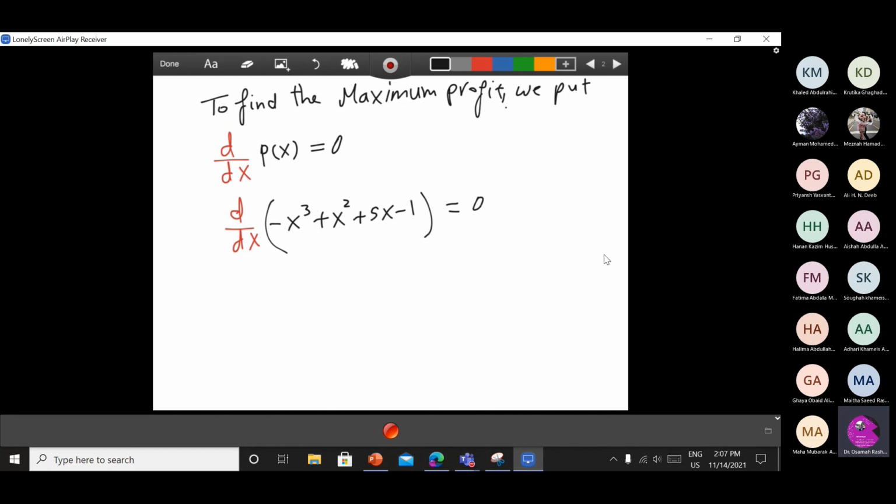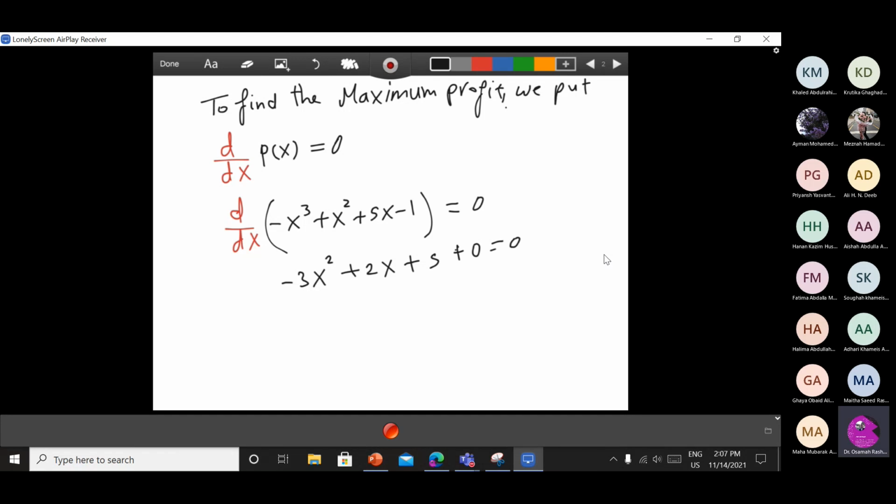How to differentiate minus x cubed? I will get the power down, so it will be minus 3x, and I subtract 1 from the 3, it will be 2. And also I get the 2 down and subtracting 1, so it will be x to the power 1, plus the derivative of 5x is 5. The derivative of any constant is 0,